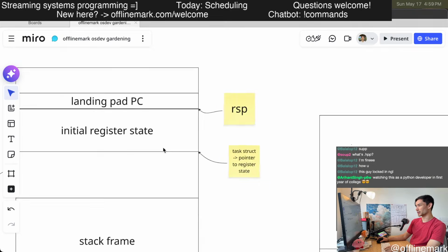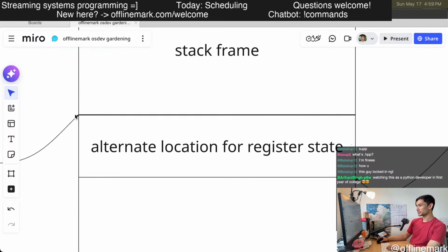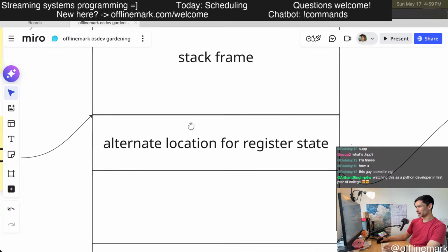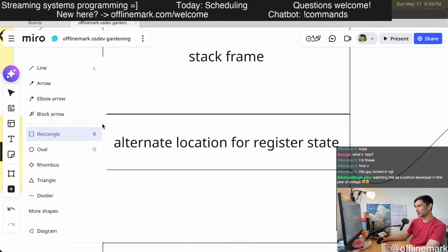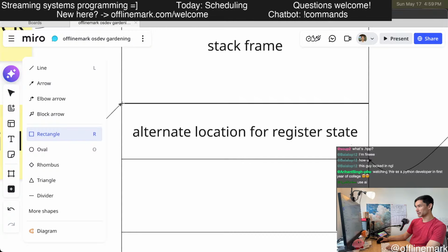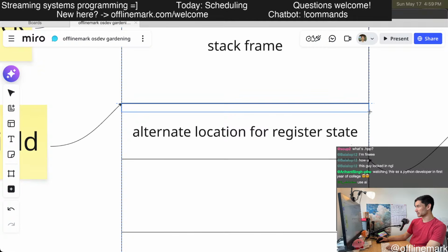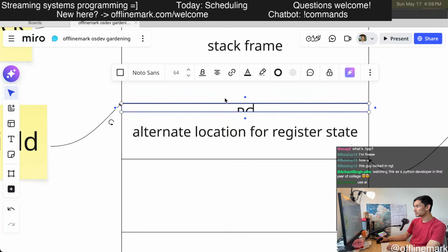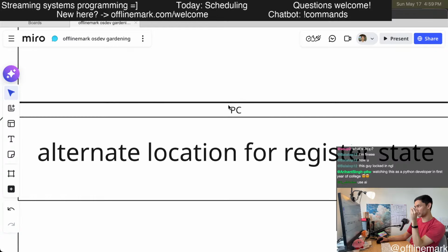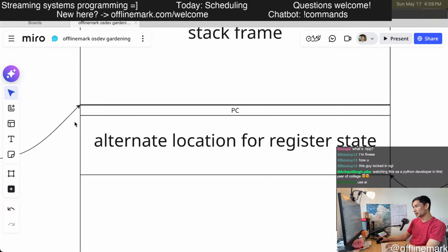So the way this is going to work is that basically we have the structure in memory, and Miro gets kind of annoying, it pops up this menu all the time. So at the top is basically the PC. And under normal situations, the compiler is going to push the PC. So that needs to be at the end of the structure.